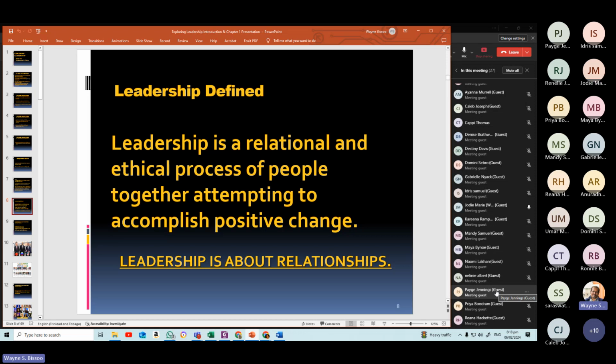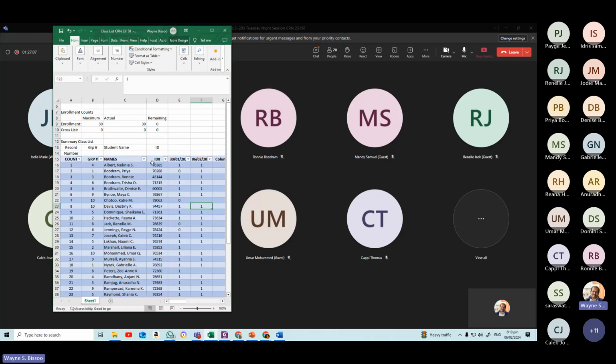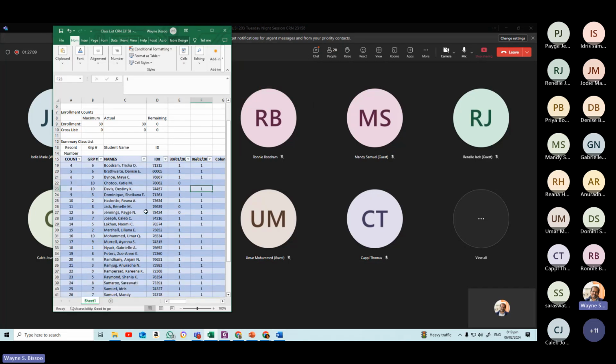Right, and that's the point I'm trying to make. Leadership is not about gender. Leadership is about the nature of the relationship that has been developed. Thank you, Jody. And it's important for us to recognize, welcome, Ms. Peters, that the nature of the relationship is what is going to be critical, because that is what determines